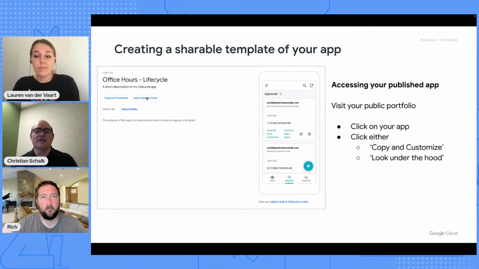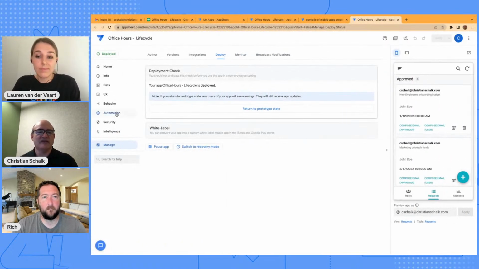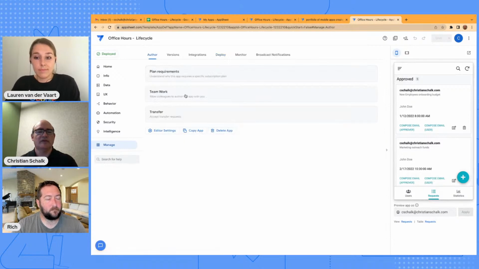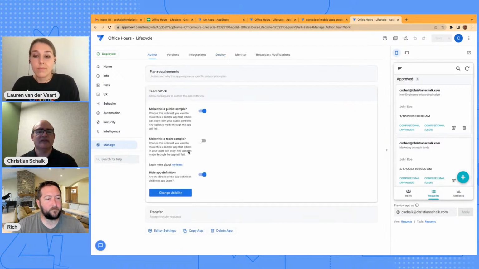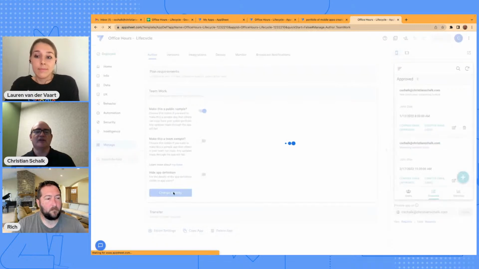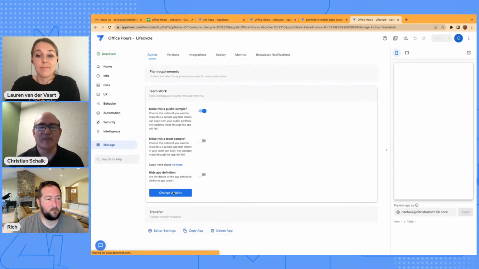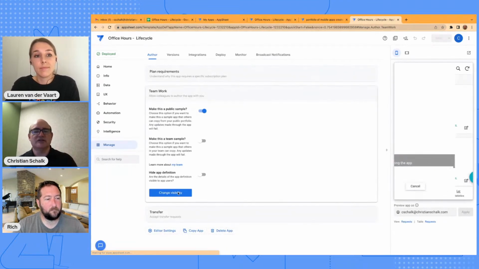And that allows you to then share it. So if I go back to my application, in this case my Lifecycle application, and I click on Manage, Author, Teamwork, this is the UI here. Make this a public sample, and then hide app definition. But maybe I want to change the visibility, so I could do that. So then it would become a read-only mode there. So if I looked at that application from that preview, then it would only just show the